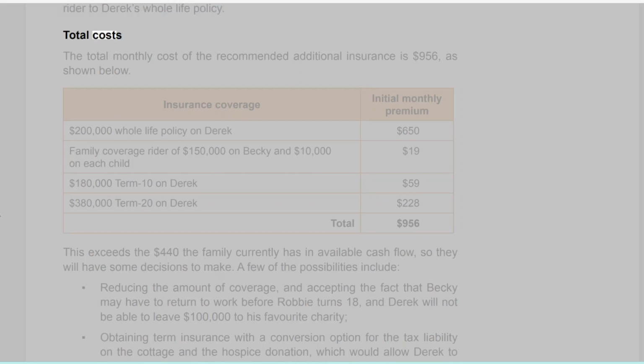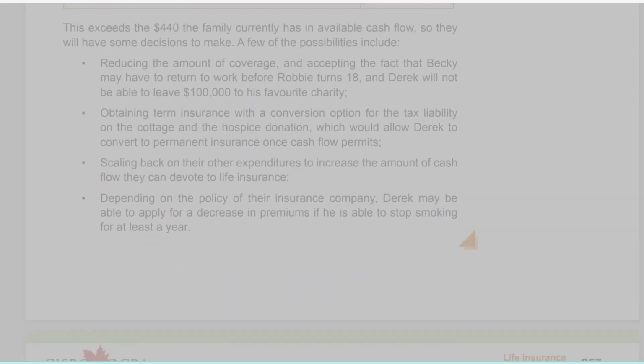Total costs. The total monthly cost of the recommended additional insurance is $956, as shown below. This exceeds the $440 the family currently has in available cash flow, so they will have some decisions to make. A few of the possibilities include reducing the amount of coverage, and accepting the fact that Becky may have to return to work before Robbie turns 18, and Derek will not be able to leave $100,000 to